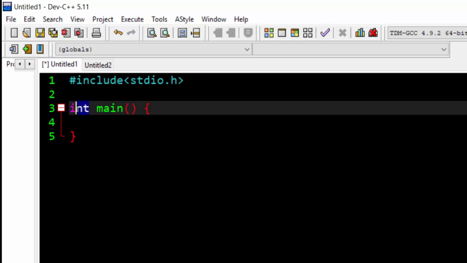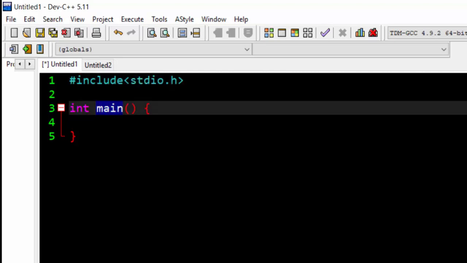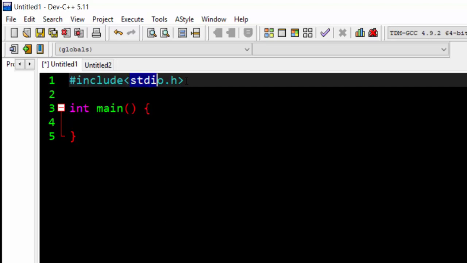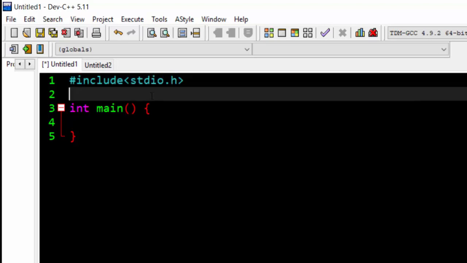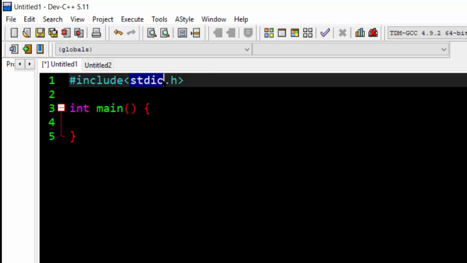We will say that int is the return type, main is a function that is stored in stdio.h, and it works as a book, and this works as a locker for that main, and this is a locker in the library. We call it the file library, and .h means it is the header file. The stdio is the header file here. So now in our main program, this stdio header also contains certain